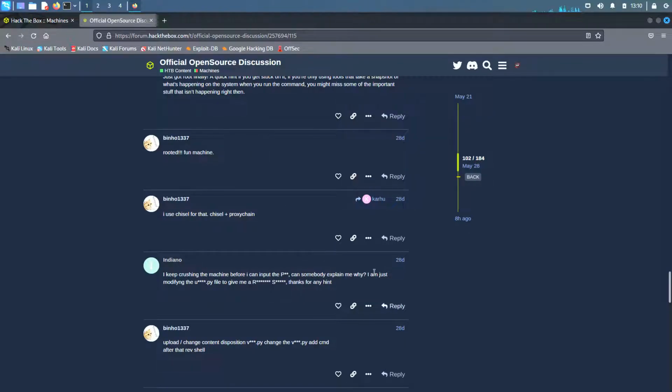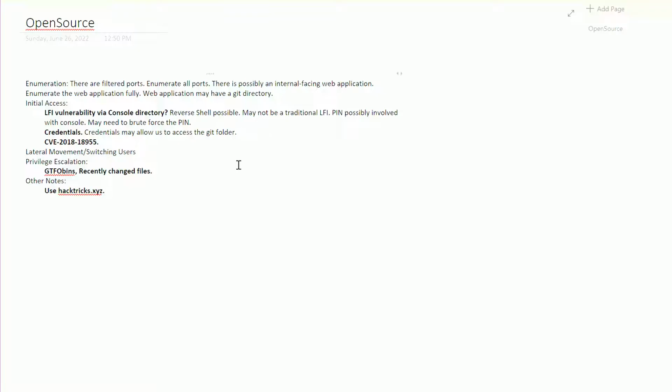Can anybody explain to me why I'm just modifying the something file? There is a use something file. I think it has to do with